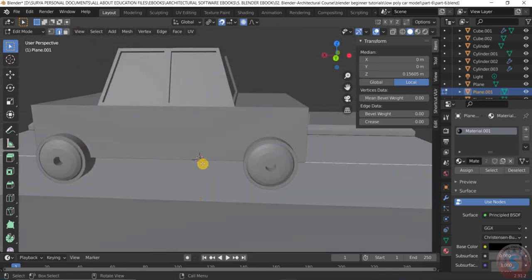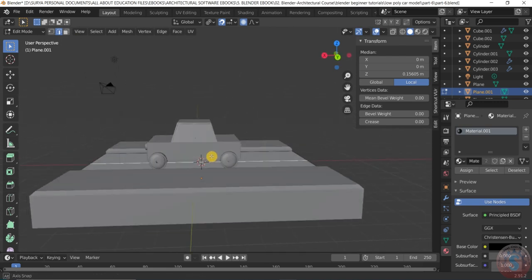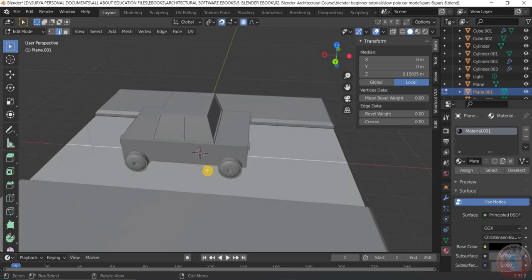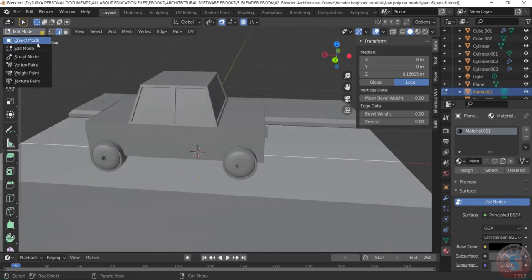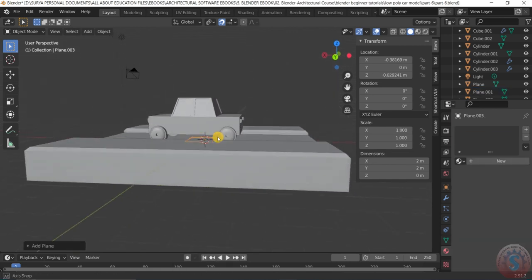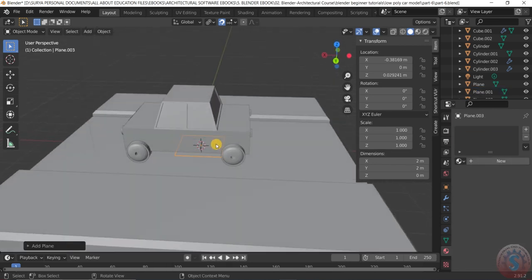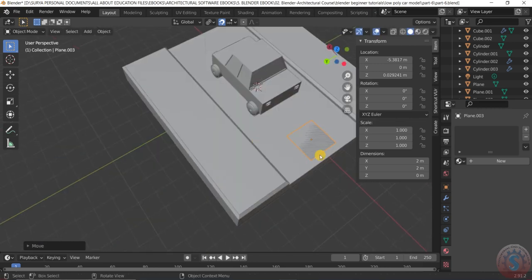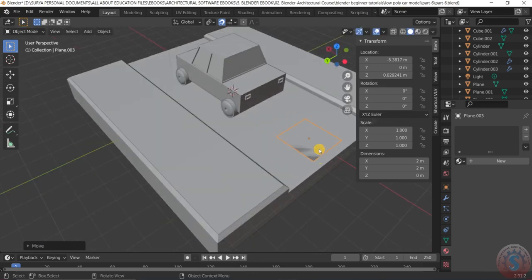At the bottom you can see I want to create a plane. Go into the object mode, press Shift A and add the plane. You can see the plane is created. I want to move the plane here and I want to extrude